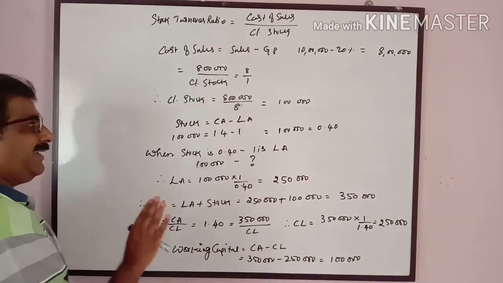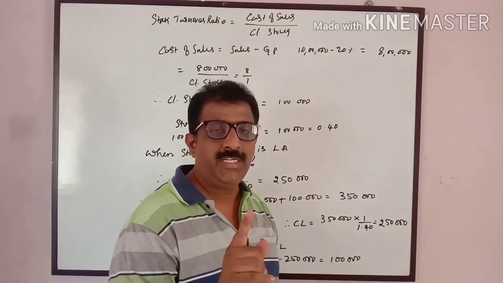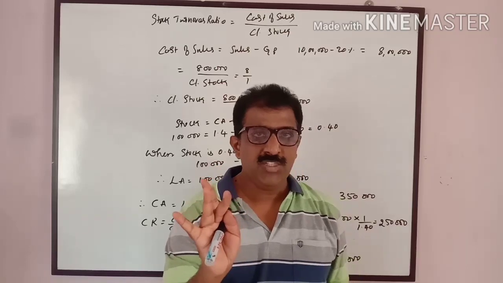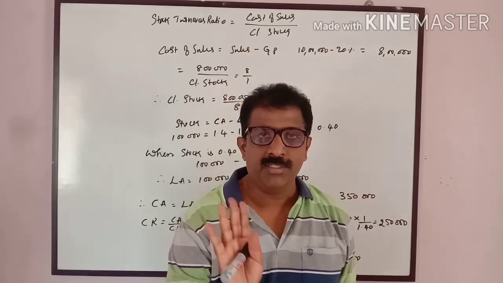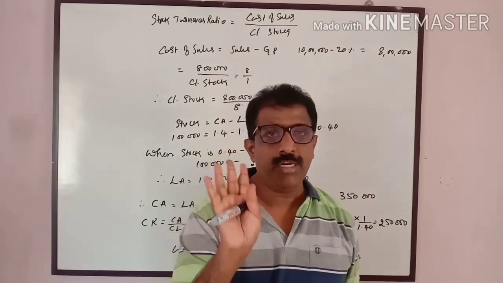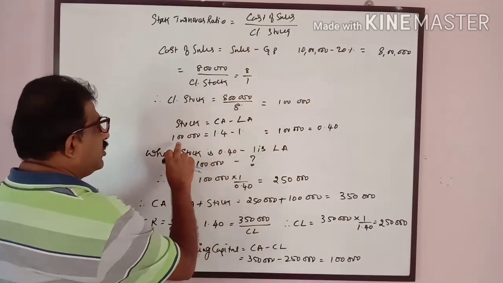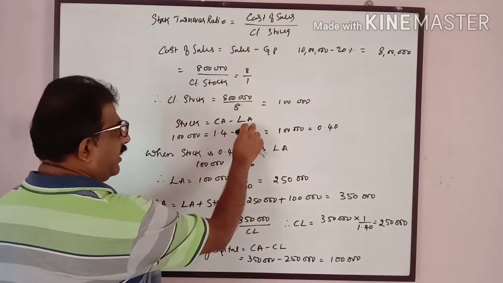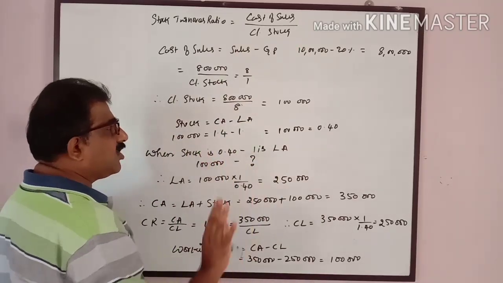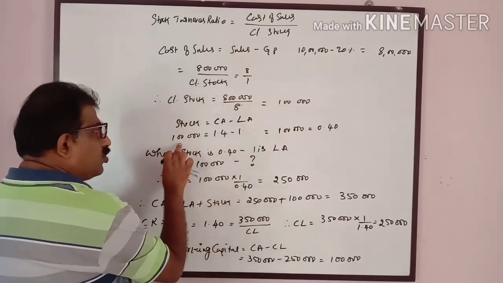Now, current assets minus liquid assets, as in the formulas I told you. Current assets include stock, debtors, bills receivable, marketable investments. Liquid assets exclude the stock and prepaid expenses. So stock is excluded here. You can see stock is equal to current assets minus liquid assets. We don't know either, current assets or liquid assets, but we know the stock which we calculated here. Stock comes to 1 lakh.